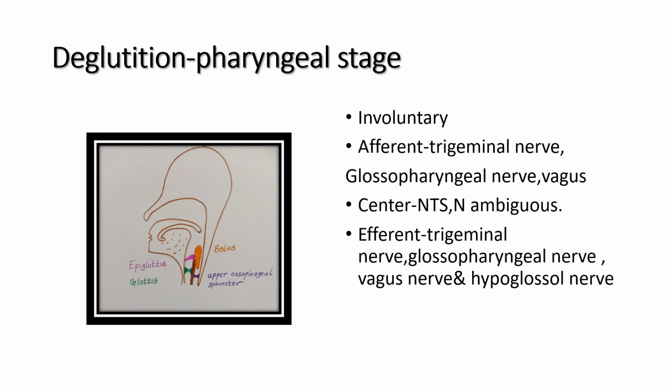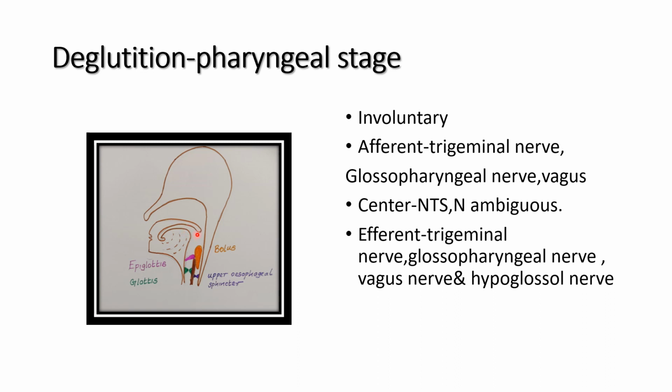The pharyngeal stage of deglutition is involuntary. The bolus in the pharynx could move back to the mouth, the nasopharynx, the respiratory tract, or the esophagus. Entry of food into the mouth is prevented by high intraoral pressure